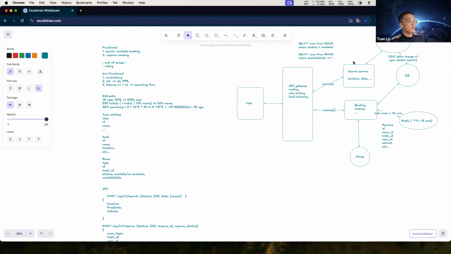Yeah, variable date, from date, right? And less than. Yeah, this is correct.